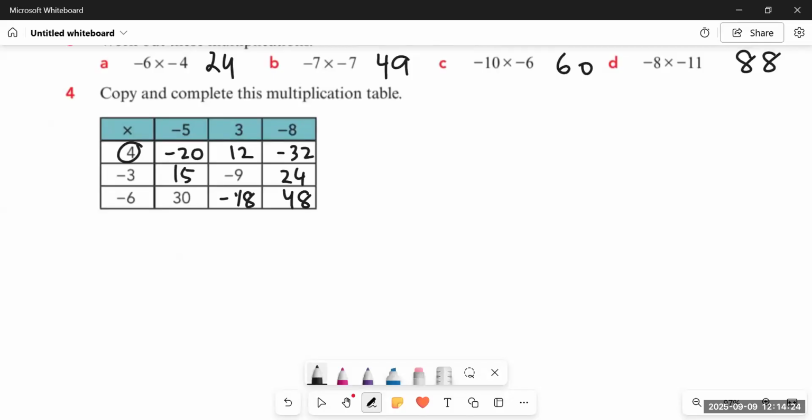Right? This is how we are going to solve these numbers. If we have both of the numbers positive, the answer would be positive. If we multiply two negative numbers, the answer would be positive. If we multiply one positive number with a negative number, or a negative number with a positive number, in both the cases, we will have a negative product, a negative answer.